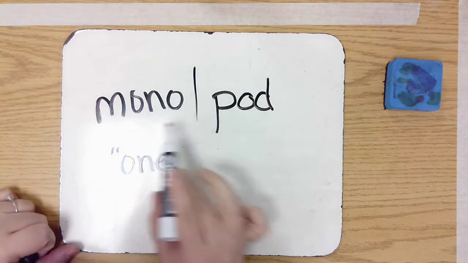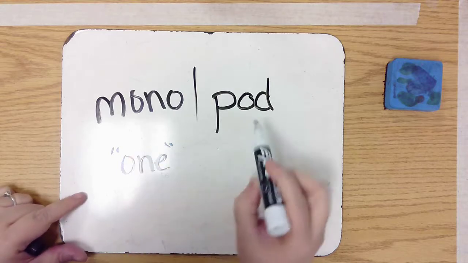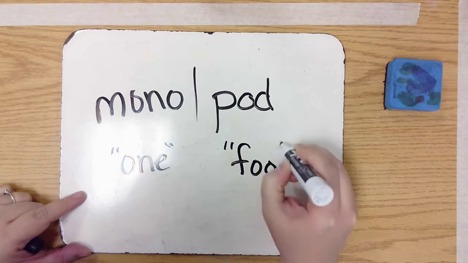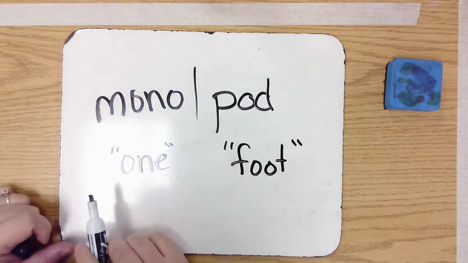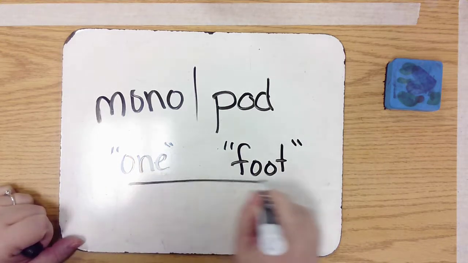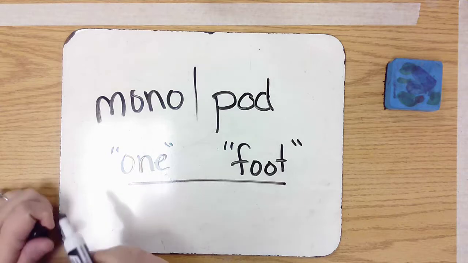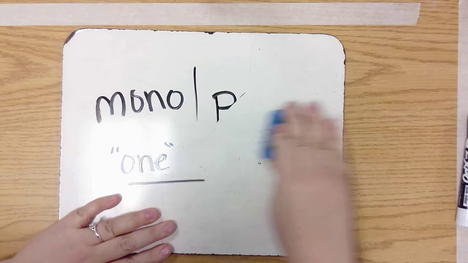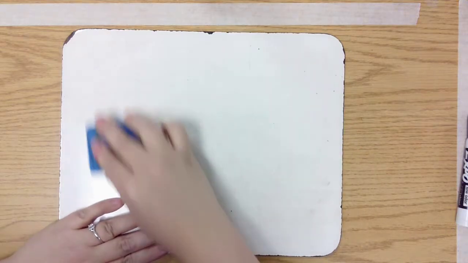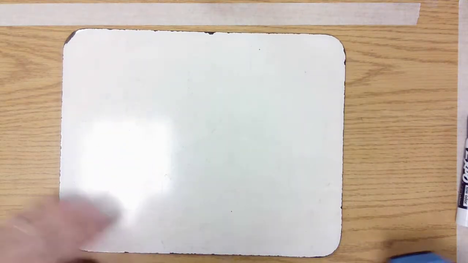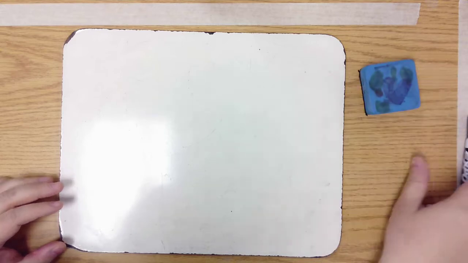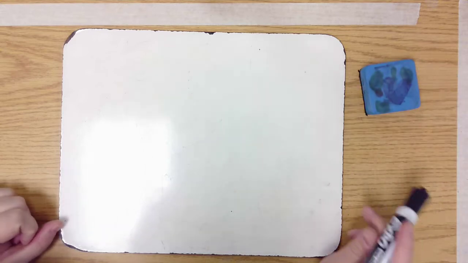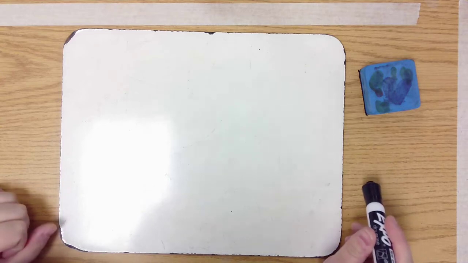If mono means one, and in science pod actually means foot, then that tells you that this animal has 1 foot. I had a couple of people who guessed Bigfoot, a couple of people who guessed a worm. Well, not quite. This monopod has 1 big foot on the bottom, and ours will have a shell on the